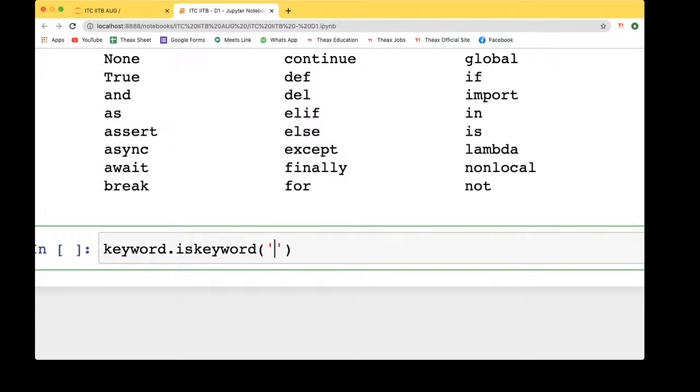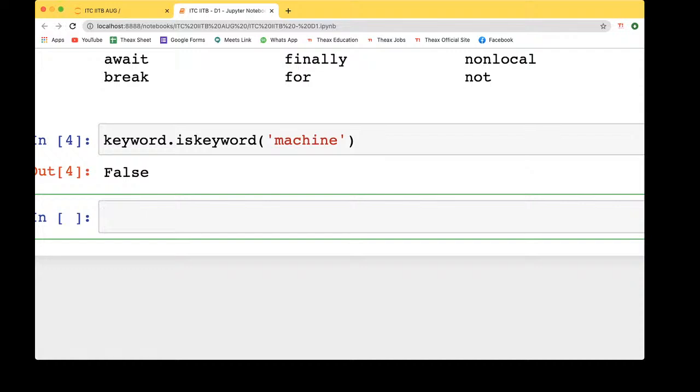Let's say I just want to check whether "machine" is a keyword or not. We'll run this and you will get a boolean result, which is False.